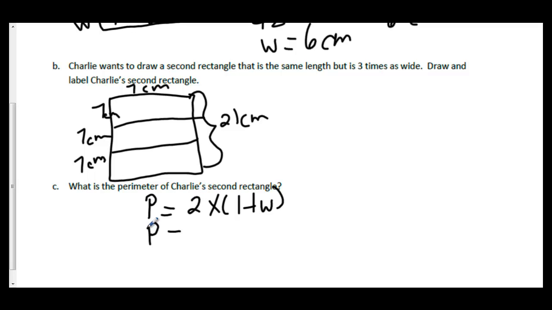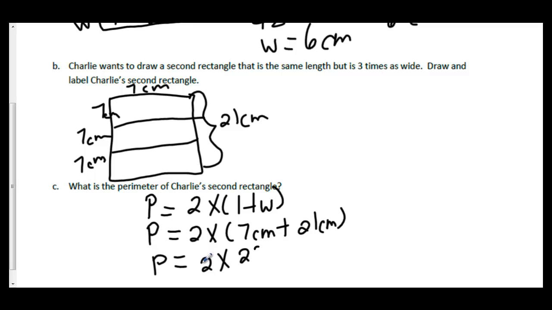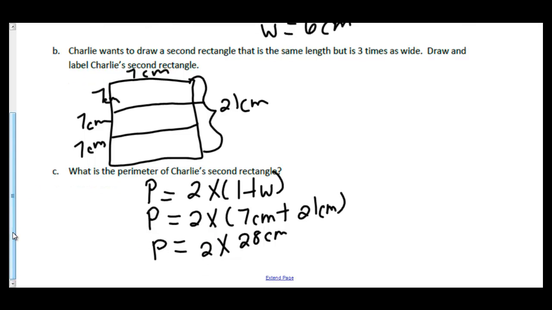It's okay what formula for perimeter you choose to use. This is just the one that I like best. Right, so the length is 7 centimeters and the width is 21 centimeters. So the perimeter is going to be 2 times 28 centimeters. 28 times 2 is 56. So the perimeter